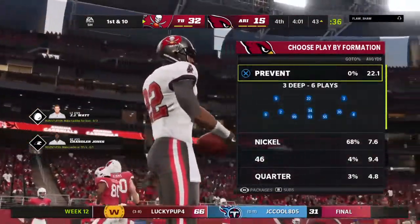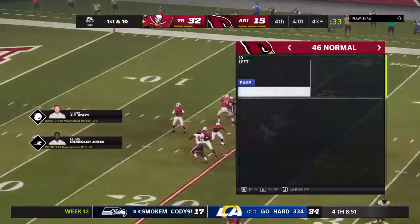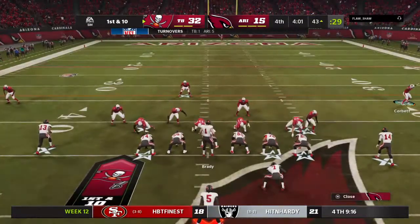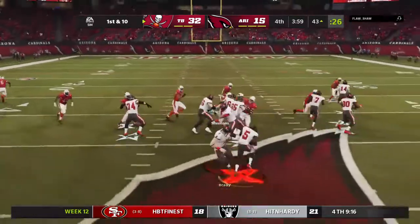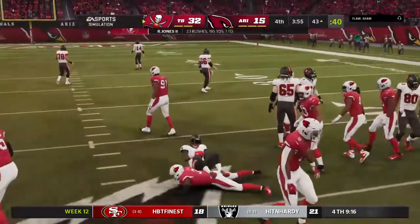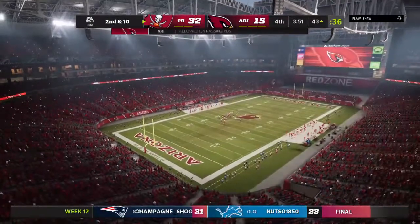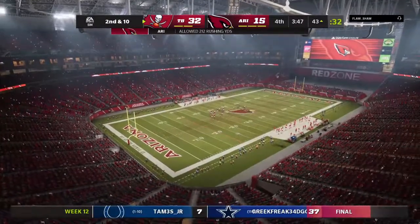Charles, whatever's going on between his ears right now, it's just not completely calculated correctly. Seven picks between last week and this week after that one. And they always say the most important part of a player is those six inches between the ears. But right now, it's all those interceptions that are going on. So whoever his trusted confidant is on the sidelines, I don't know if it's the offensive coordinator, the quarterback's coach,